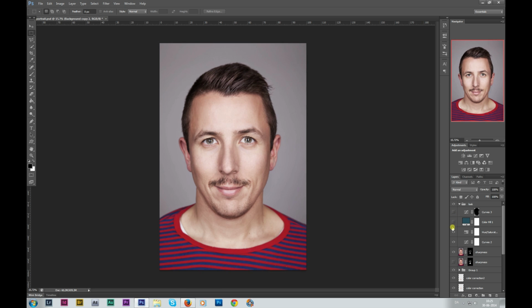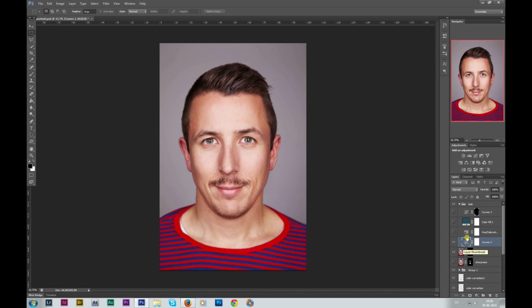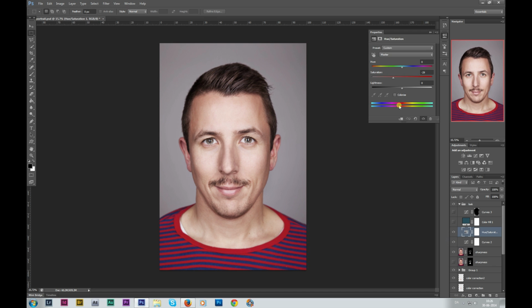let's see here what I've done to add my look, and this is all up to you what you want to do. I've added some contrast with this layer. As you can see here, I've added 2 points on the curve and made it a small S curve, and I've added some hue saturation to desaturate the image afterwards. I've desaturated it to -30. When adding a saturation layer,